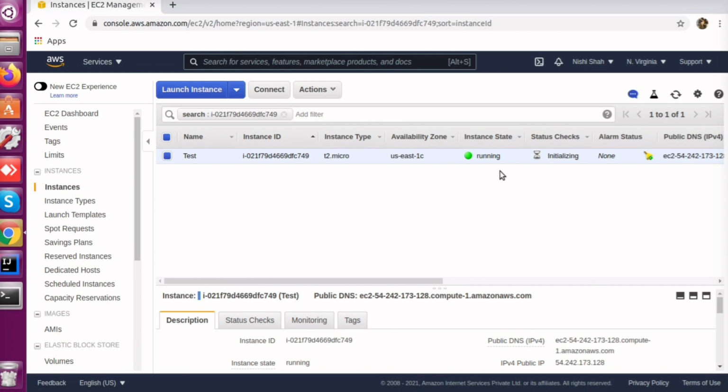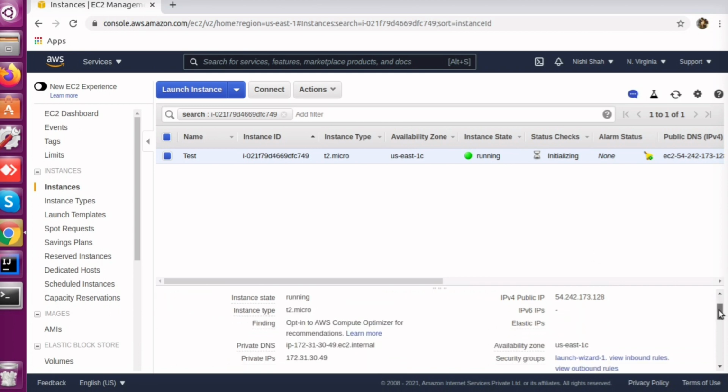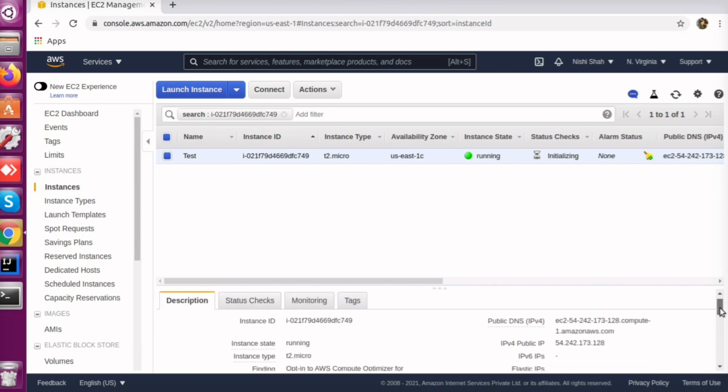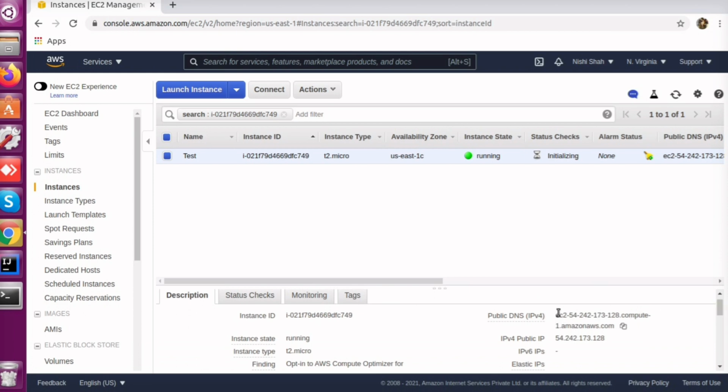So now you can see instance state is running. Now we can connect to our EC2 instance through the public DNS IPv4, and we can access it from anywhere.